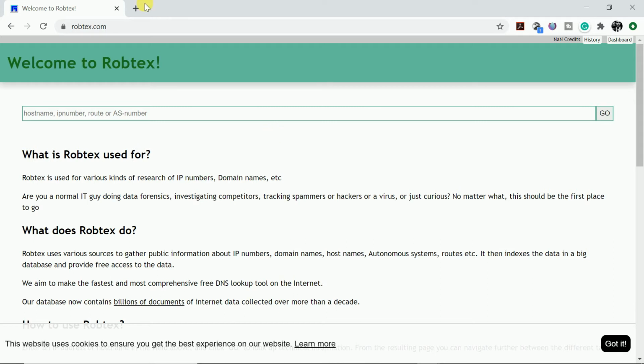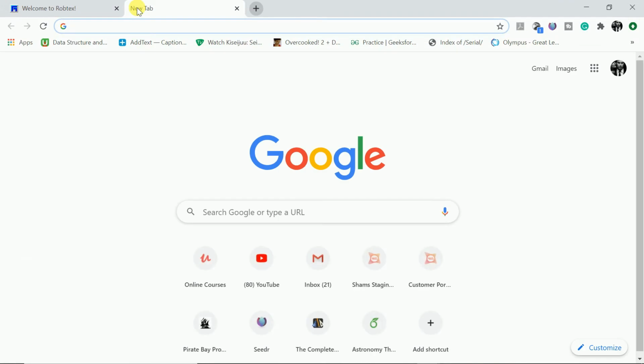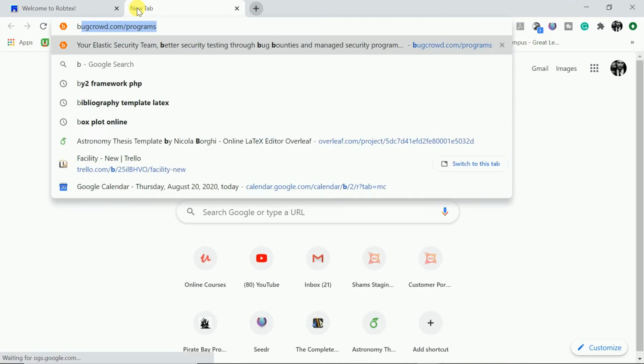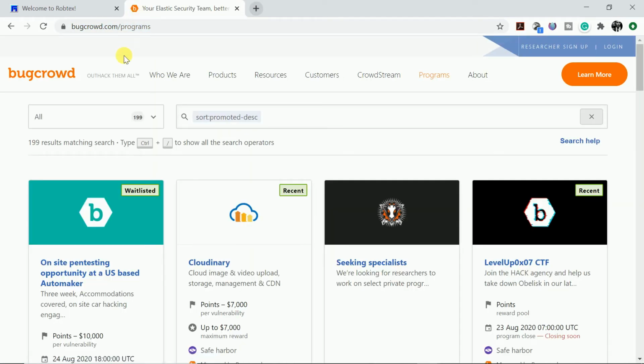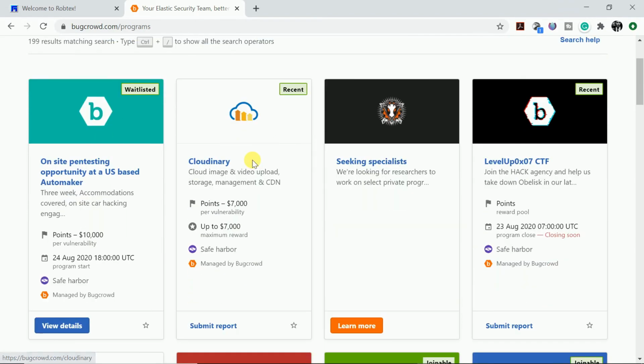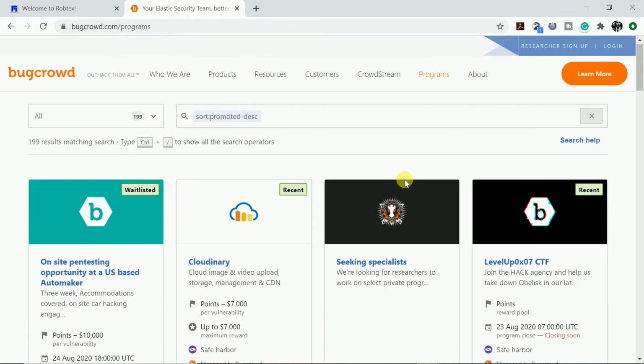Let us take a website for our experiment, or you can say for the test. So instead of going through the college website this time, I will just go into bugcrowd.com, and it's a bug bounty program. Here you will get a lot of websites for the bug bounty program. So which one should we start with?